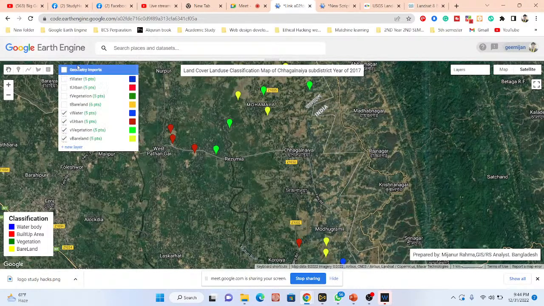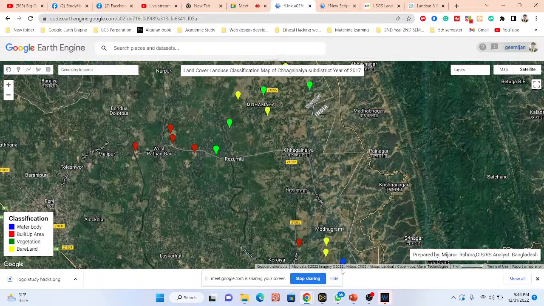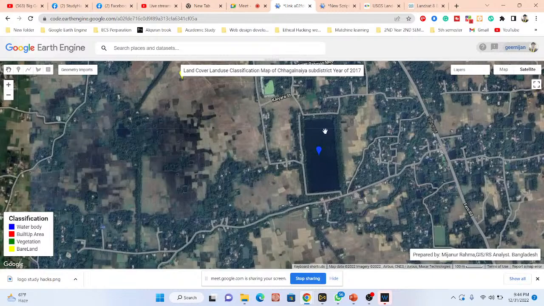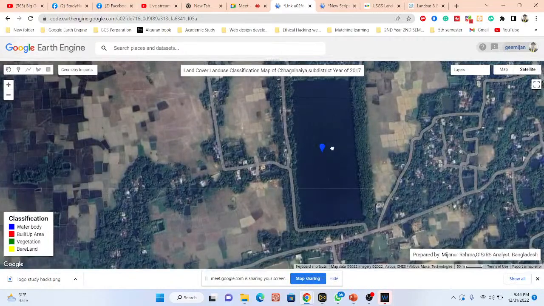So here you can see I want to use this. When I simply take the training point, I can easily identify that this is the water body from the satellite images. I can easily identify this is the